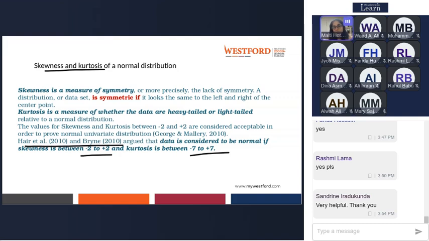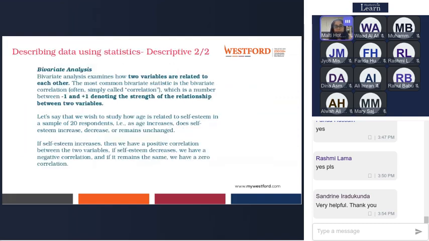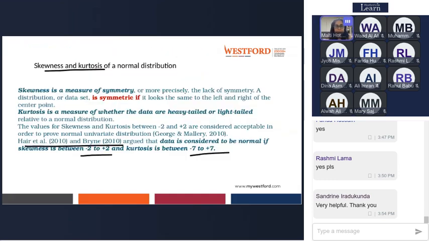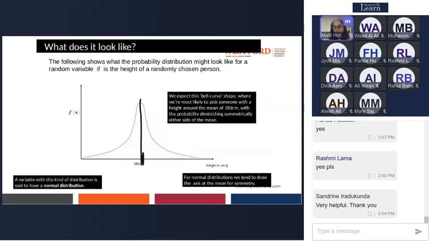Data can be distributed in different ways. It can be distributed heavy tailed or light tailed. If you see here, this is light tailed. The tail is light. But sometimes the curve is like this, and there is no light tail.